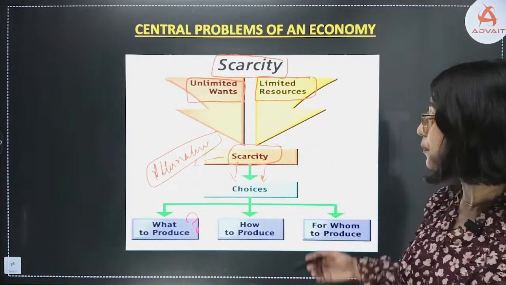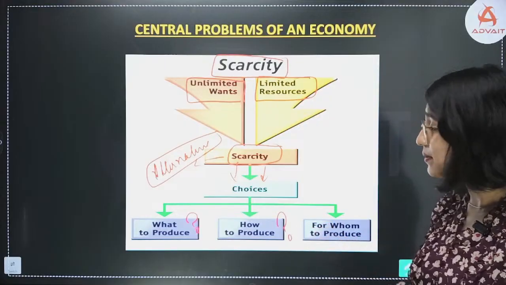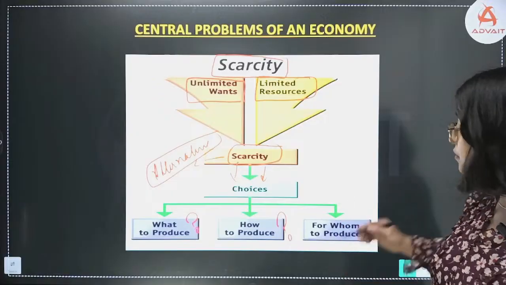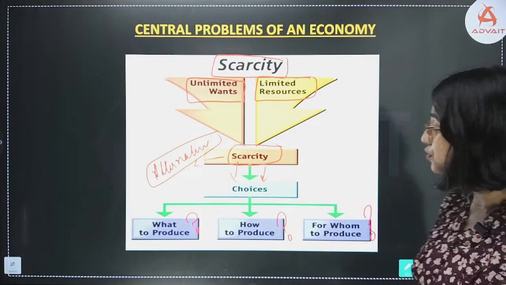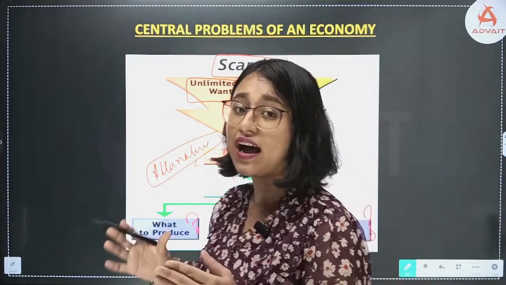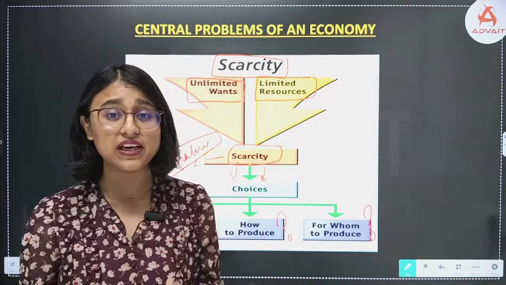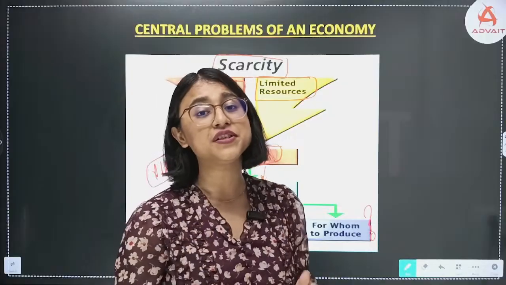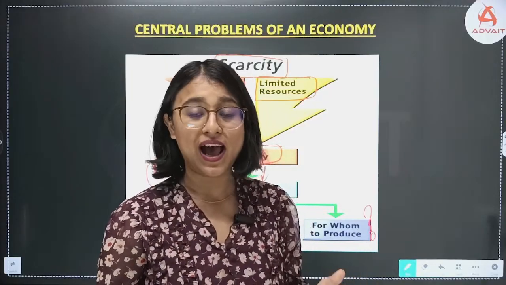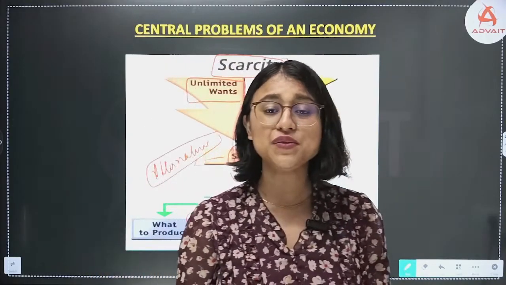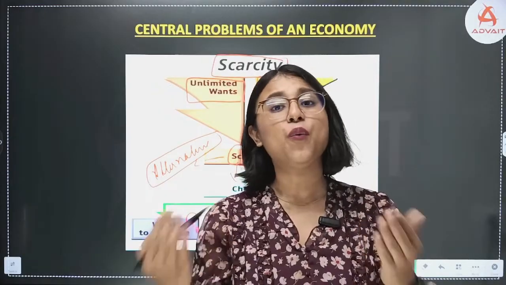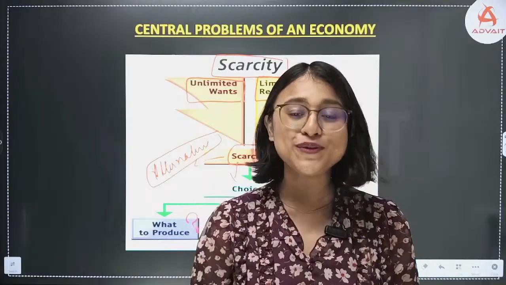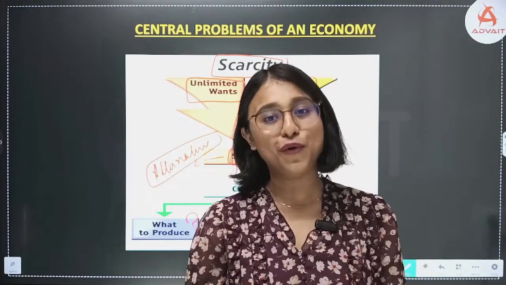How to produce? যিটো produce কৰিম বুলি ভাবিছে সেই বস্তুটো কেনেকে produce কৰিব? আৰু যদি সেই বস্তুটো produce কৰি লৈছে, for whom to produce? So these are the central problems in an economy arising as a result of scarcity of resources. I hope this much is clear with you. Let us understand what is how to produce, what is what to produce, and what is for whom to produce,